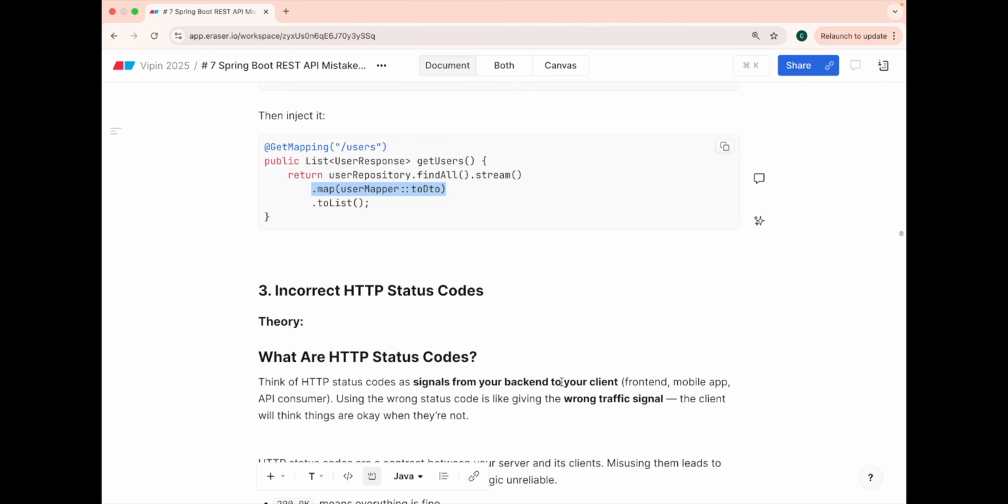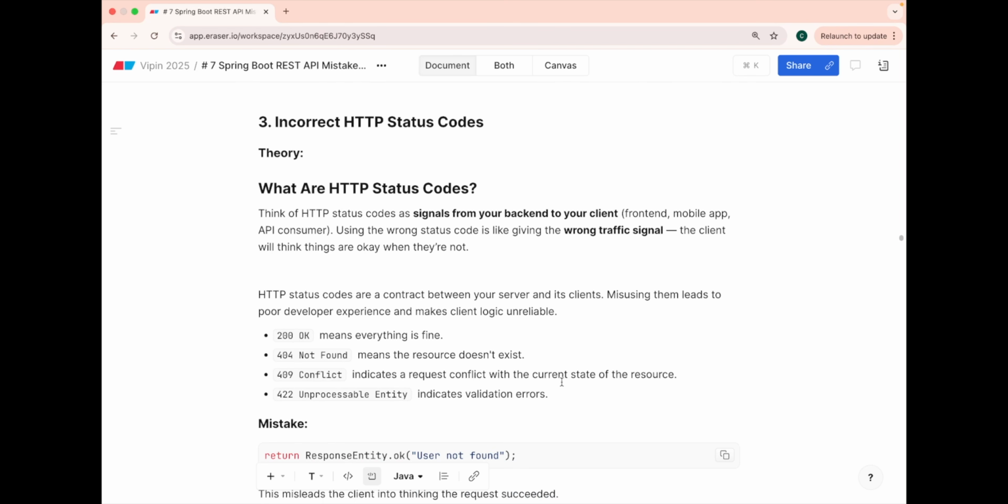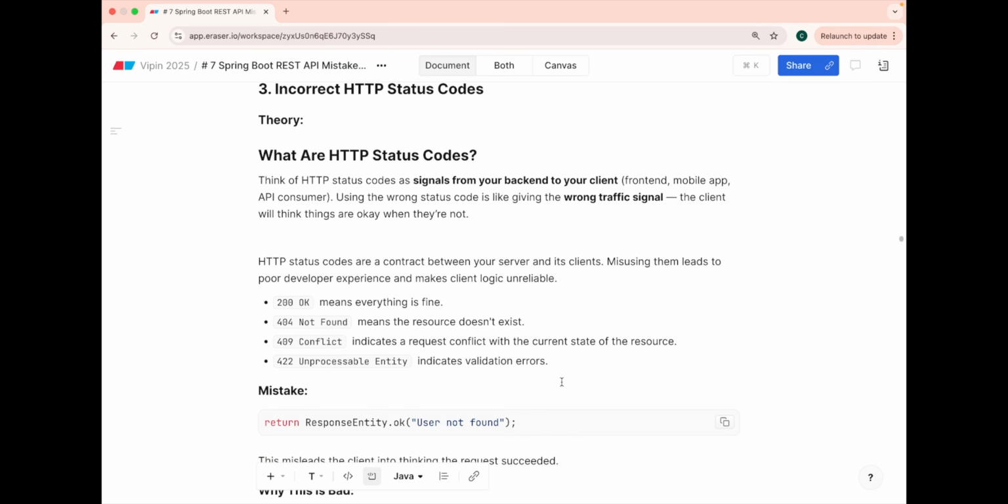So the second issue is that you are using the entities as response entities, which you should never do. The third is incorrect HTTP status codes. Now, first,